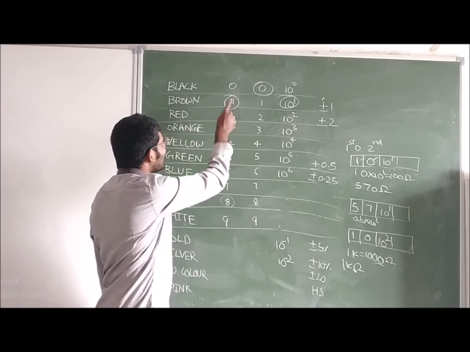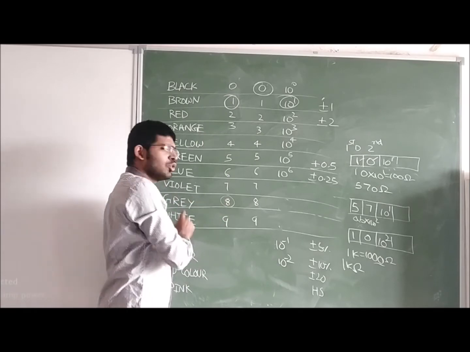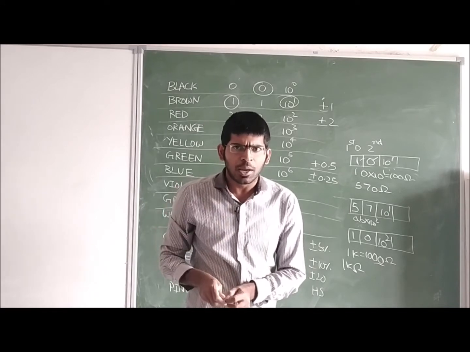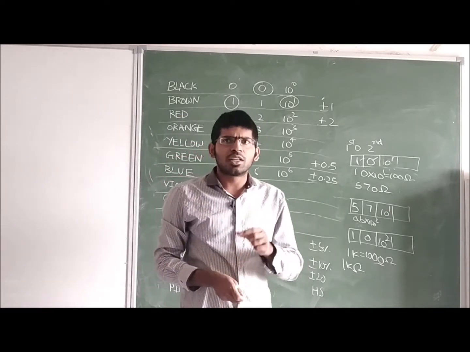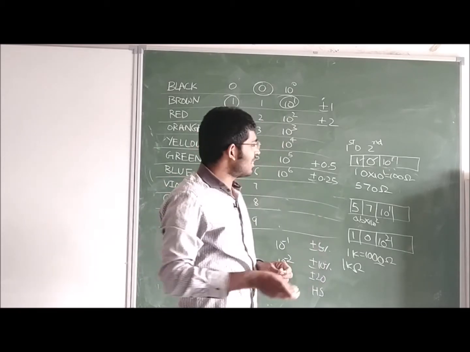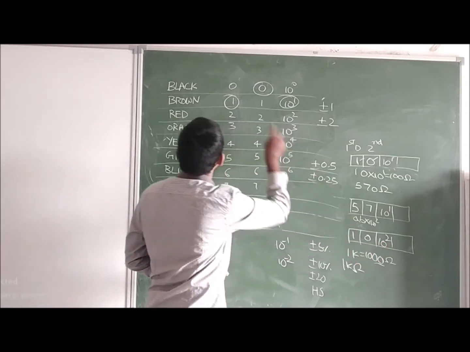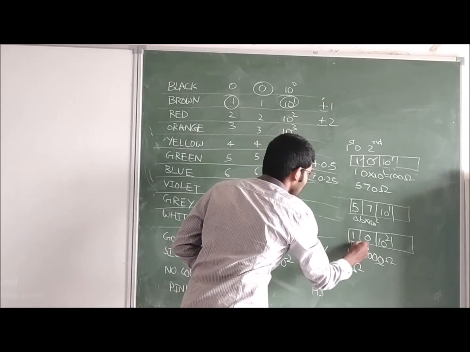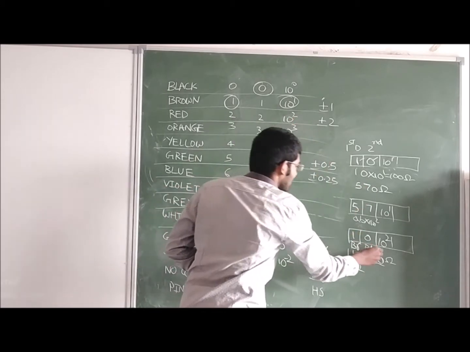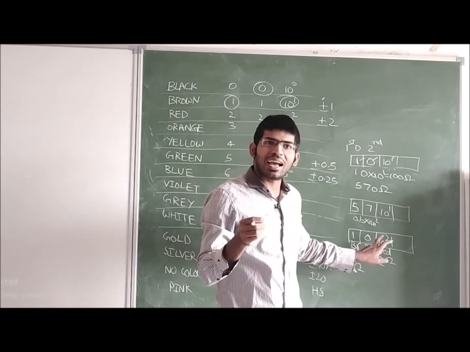Again a question may come from you. Sir, why are we giving 0 to black and 1 to brown and similarly 8 to grey and 9 to white? Is there any specific reason? There is no specific reason, because this is the worldwide standard. Whether we go to Delhi, New Delhi, if you ask for a 1 kilo ohm resistor, then we have calculated here 1 0 into 10 to the power 2. 1 means brown, 0 means black, 10 to the power 2 means red. So they will give a resistor with brown, black, red.